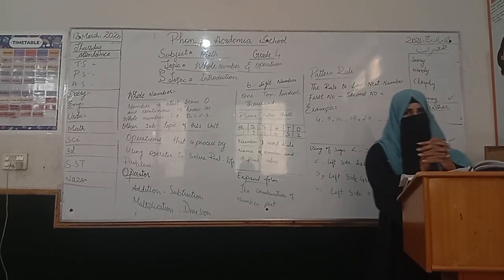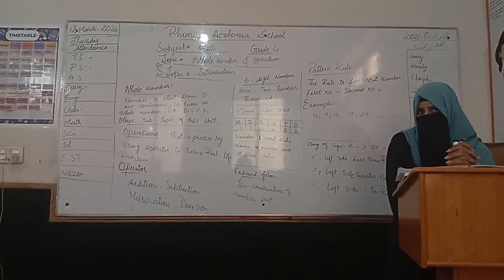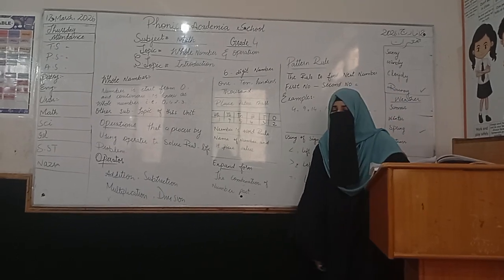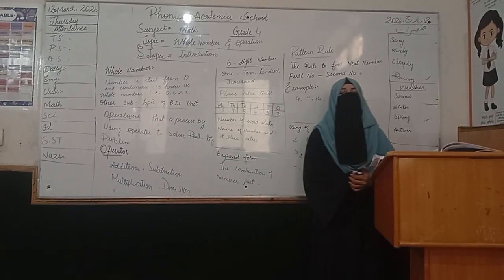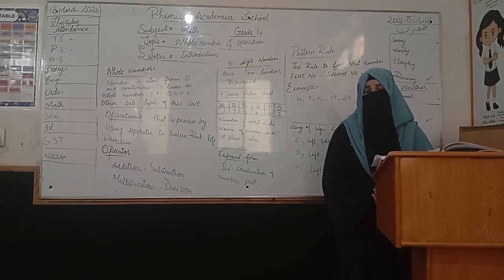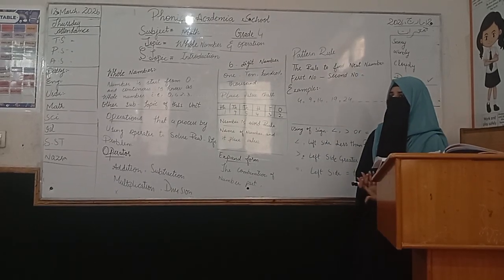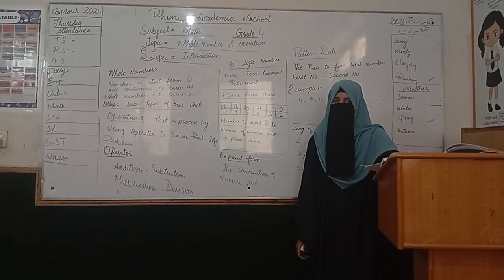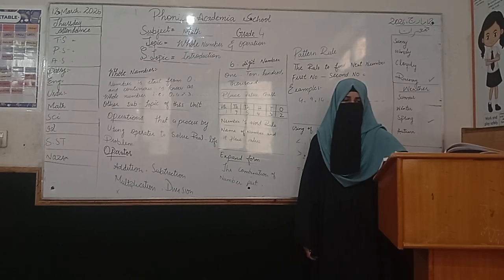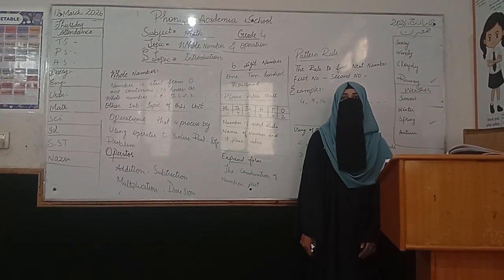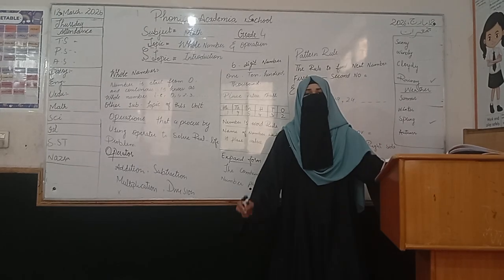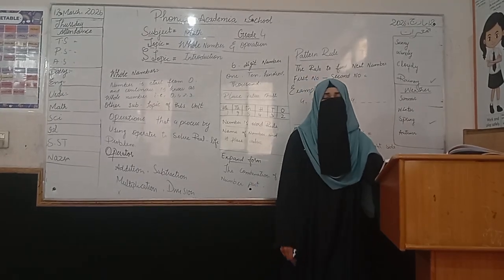Division has four subtopics. First is the dividend. The number that is to be divided is called the dividend. The answer of this division is called the quotient, and the leftover value is called the remainder. The quotient is the third part, and the last part of division is the divisor. The number used to divide the dividend is known as the divisor.